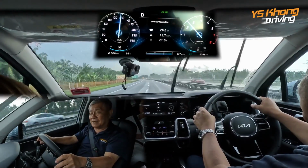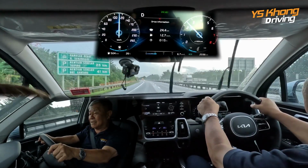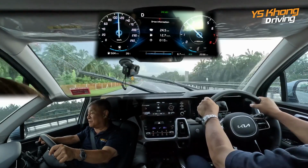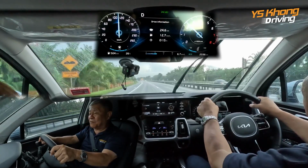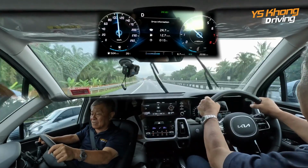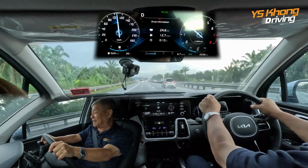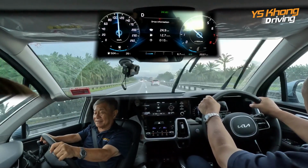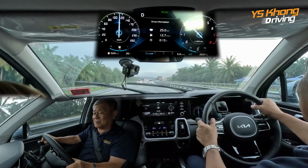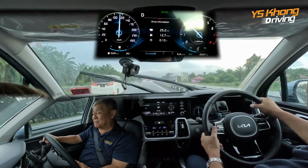Oops, I've exceeded the 110. Okay, slowing down to 110. And yes, we have dropped back to 12.7, and we've done 24.5. So another 5.5 kilometers, we will stop the run, or rather stop the measuring, and come to the conclusion. Well, it's quite consistent. We have done 25 kilometers, 5 more kilometers to go, and we are showing some very, very